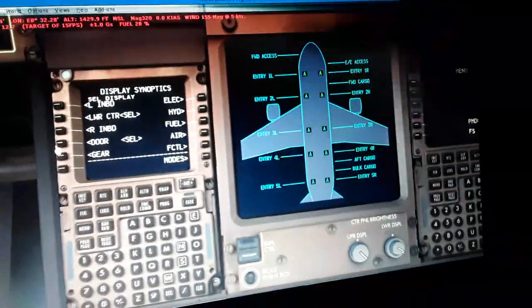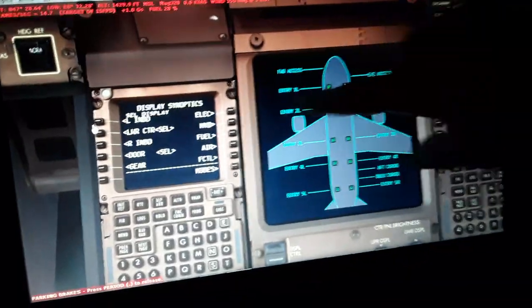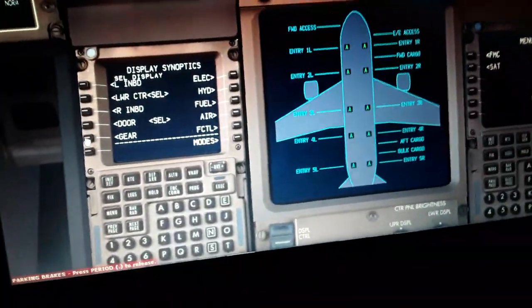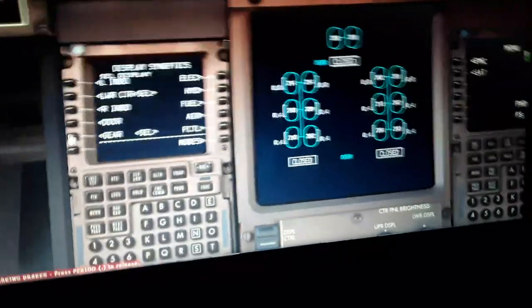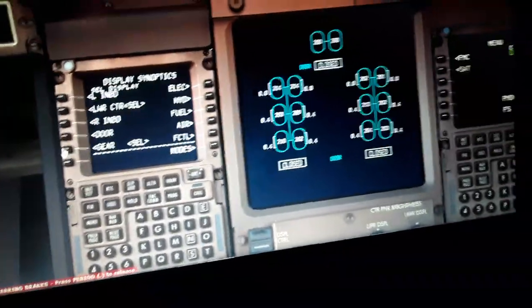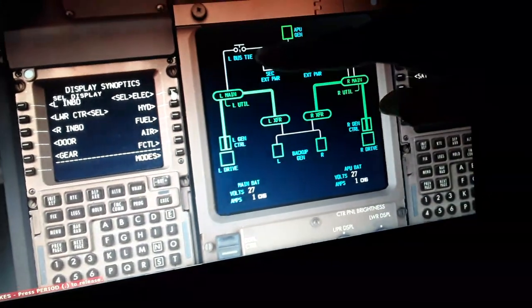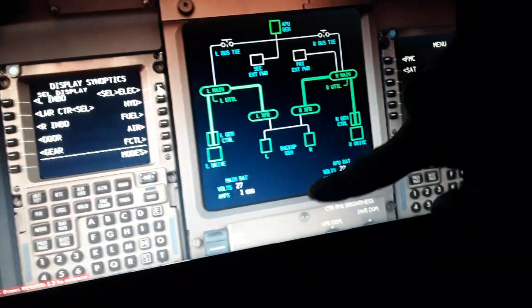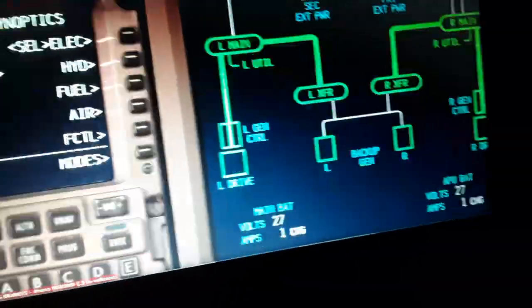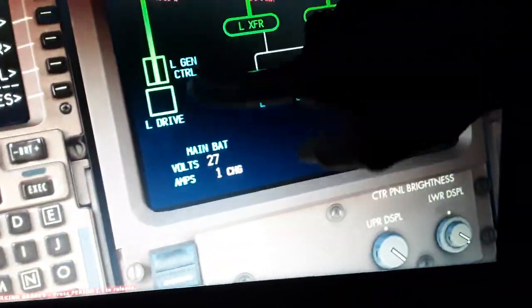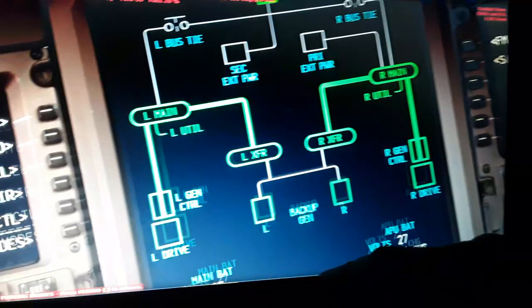The doors are closed inside the Boeing 777. The cabin can be pressurized. The gear, you can see the pressure of the brake of the tires and the temperature of the brakes. The electrical left and right engine drive, APU drive, and the backup generators. You can see the voltage, the main battery, and the APU battery. Also the alternate current,